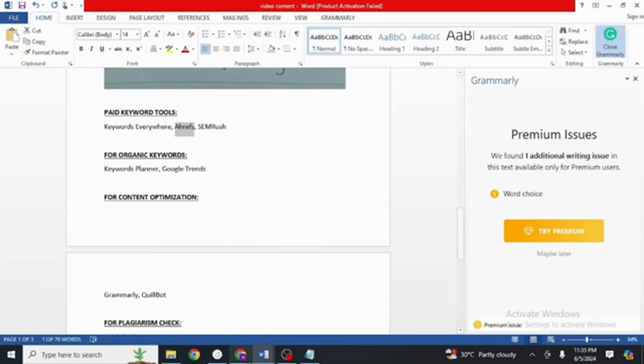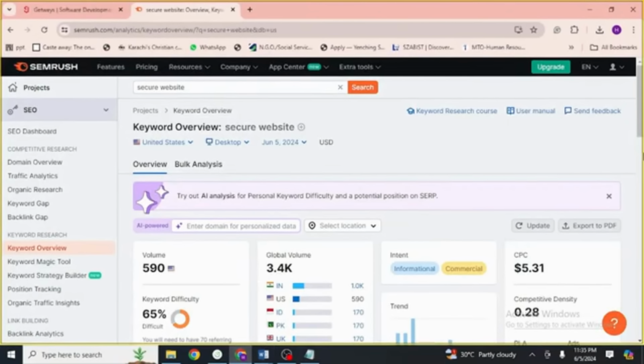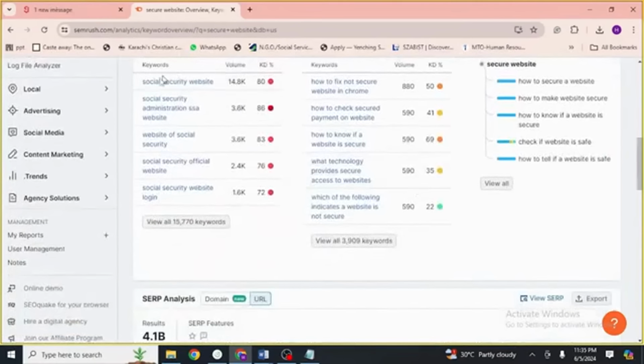Using the tools is simple. You can explore it more, but you just have to sign up. I just wrote my keyword here, and it gave me a list of keywords. And here are more keywords. So we just download this list of keywords. This is basically what we have to target. These are the keywords that we have to insert in our content.